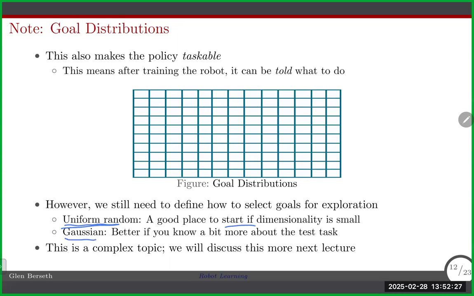If there is a little bit more information about the task at the moment, like what its goal distribution is going to be, you could try a Gaussian distribution instead. So maybe put the mean somewhere over the more likely distribution of tasks that are going to be specified in the future, and start to select around that distribution. That can work